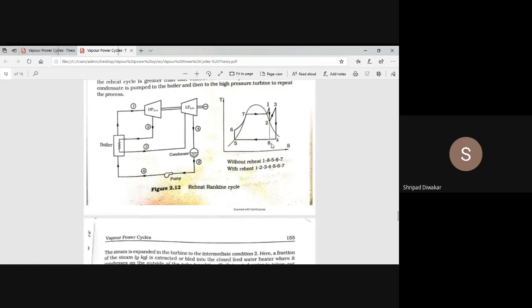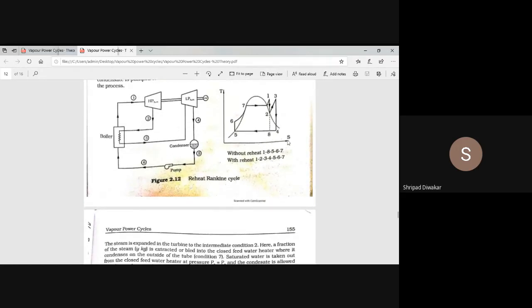Okay. Then how will the efficiency be increased using the reheater? Suppose you are not having the reheater, then the dryness fraction will be more in the case of a normal Rankine cycle, around 0.9, 0.98, etc. So when you heat that expanded steam in the boiler and then supply it to the LP turbine, the dryness fraction of the steam will get reduced.